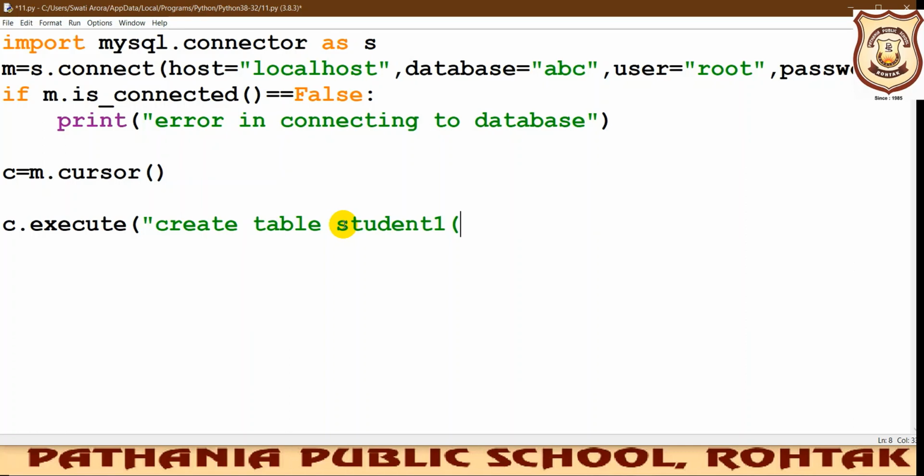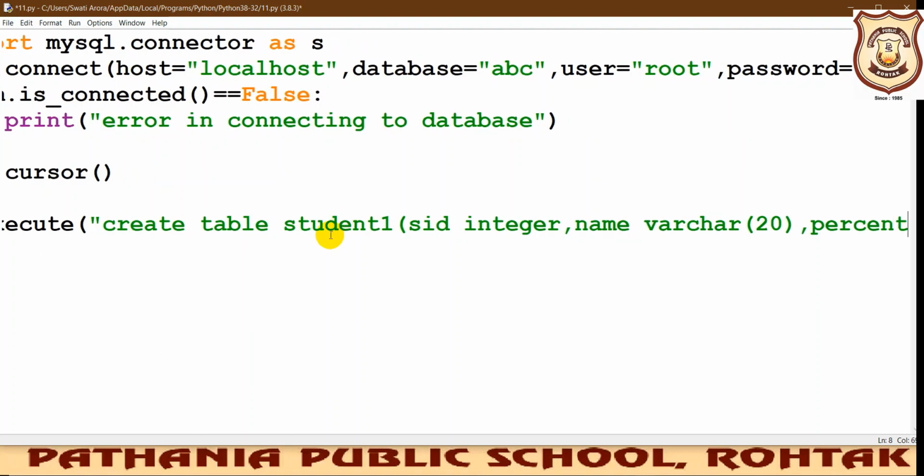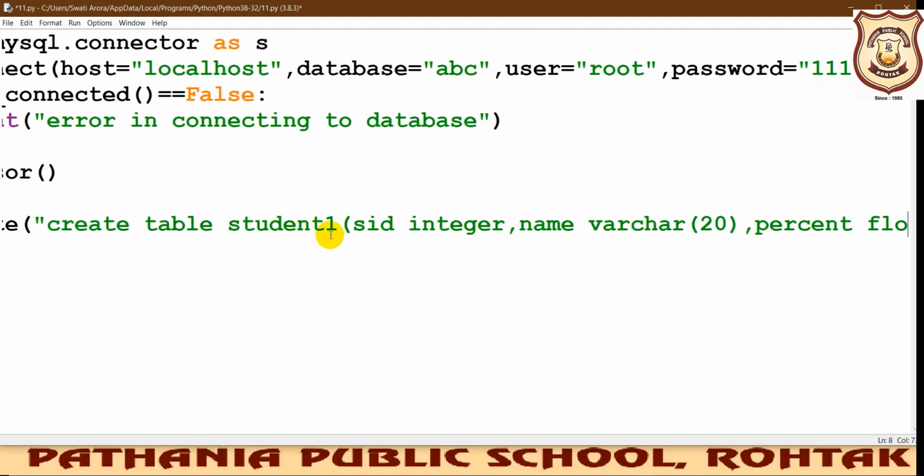Then what all fields we want to have: I want SID, integer type. Then I want another field, name, varchar I am taking, and the size also to be defined. Next field I want percent, and the data type float.